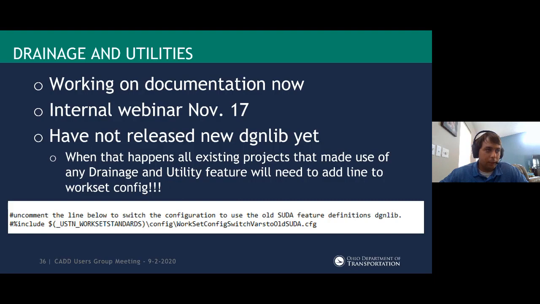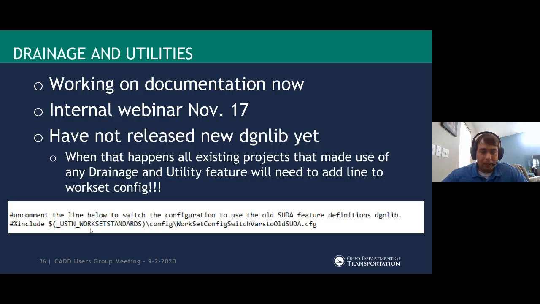One thing I want to mention, like I mentioned back in February, is these new DGN libs. I had to remake them from scratch to deal with some changes. But with the remake, I'm going to cause compatibility issues with anyone who's already started using the drainage and utility stuff. So Eric showed creating that utility model when he was laying out a drainage node, and you hit yes. If you've done that on your project, when I push this new DGN lib, it's going to mess up your project. And I hate to do it, but moving forward, it's really better. But I'm not going to leave you guys out there to dry, okay? It's going to be very easy to keep those current projects working.